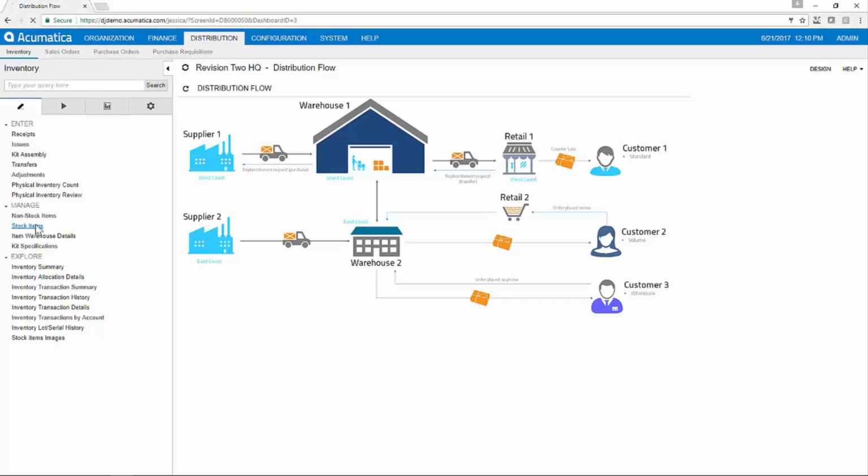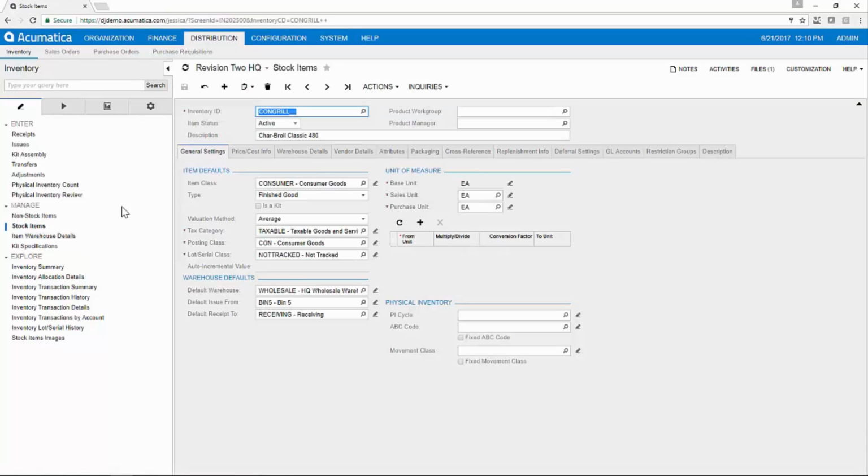You can manage both stock and non-stock items within Acumatica, as well as kits that include component items. The stock item or non-stock item record acts as your master inventory record for each item you sell. From the General Settings tab, you can dictate item classes such as consumer goods or food items for reporting purposes,